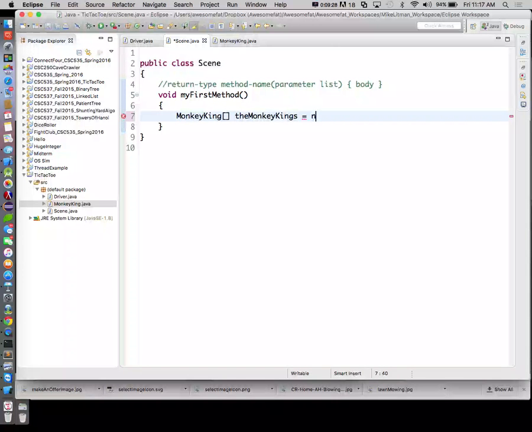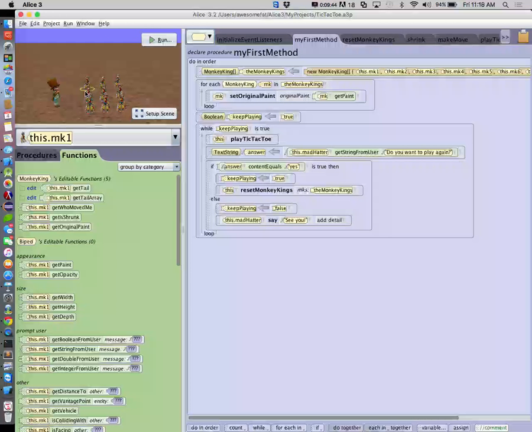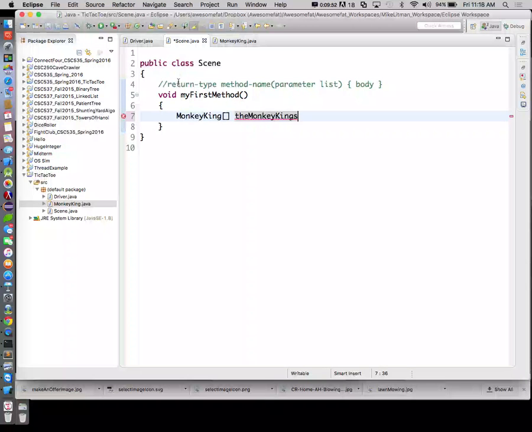And this guy is going to be a new Monkey King array. Actually, let's match this directly up. So our scene has 9 Monkey Kings, right? Called MK1, MK2, so on and so forth. So let's go ahead and,